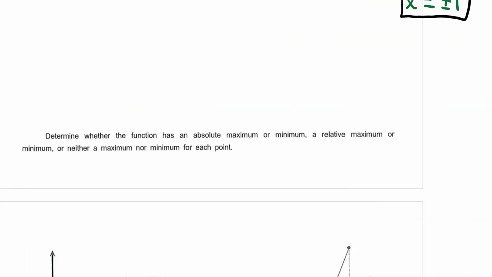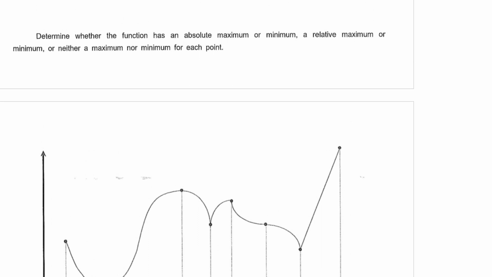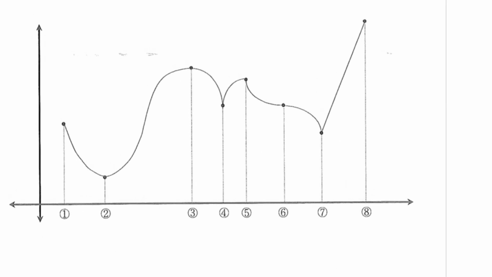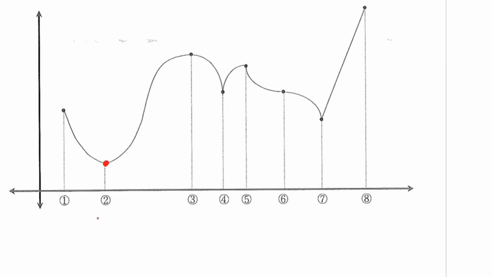Okay, so the last question on this homework video guide is we need to determine whether the function has an absolute max or a minimum, a relative maximum or a minimum, or neither a maximum or minimum point for each value below, right? Okay, so let's take a look at this graph here and let's just quickly go through what each point means. I'm going to take a look at point number 2 here, and point number 2 looks like the lowest point. So this will be definitely the absolute